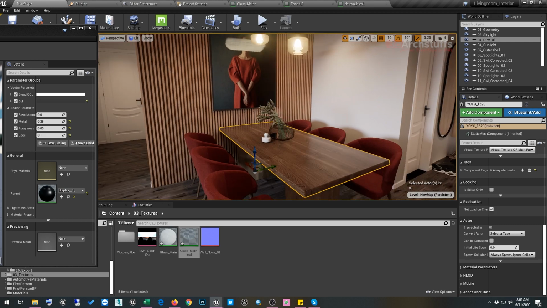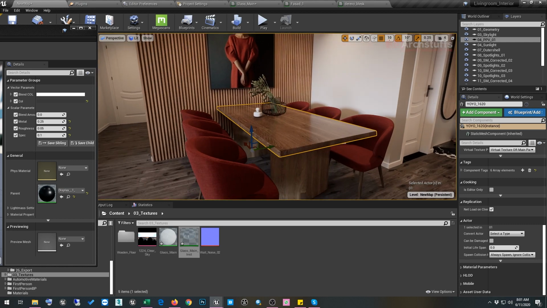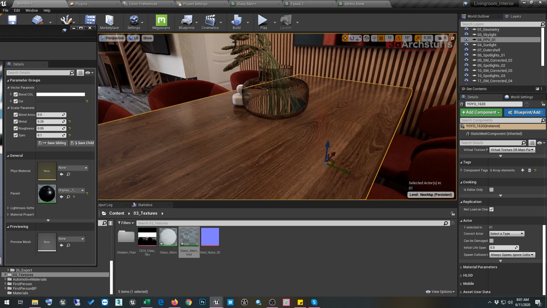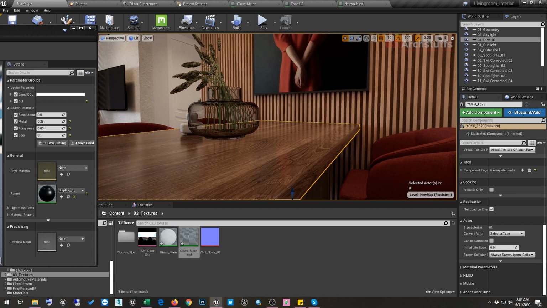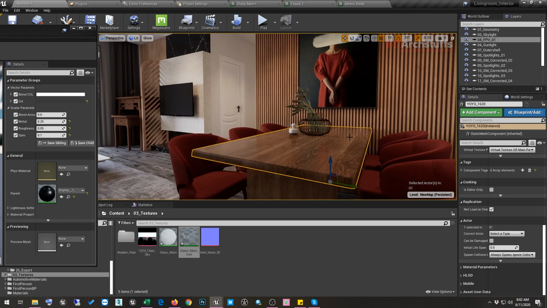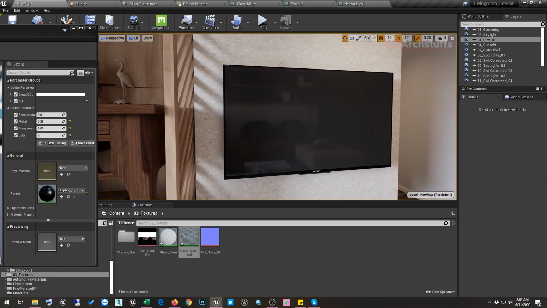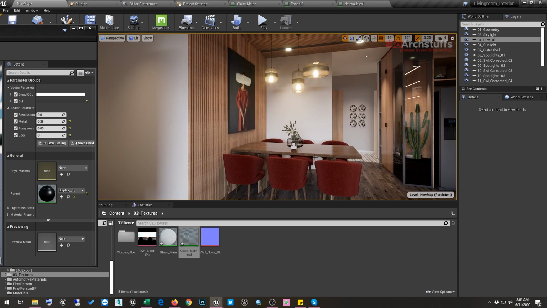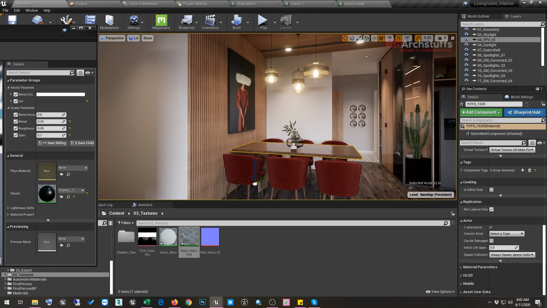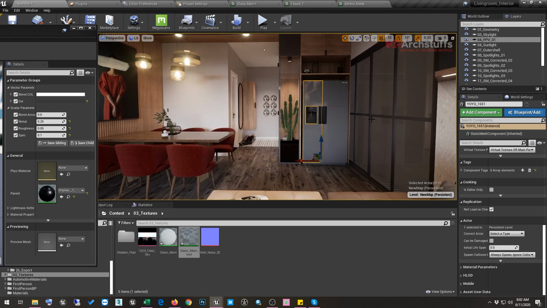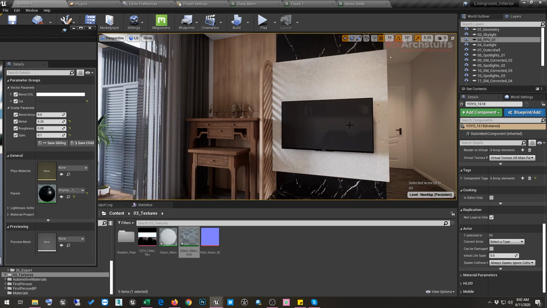And you can also see this on the dining table reflection. See, the reflection is now so accurate and looking awesome. And on the TV also, if you go ahead and see, you will get good reflection. So I just tweaked the material on this table, and then this glass, and on this fridge, and then on this window, and then on the TV.